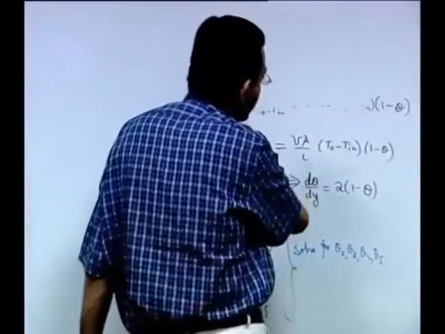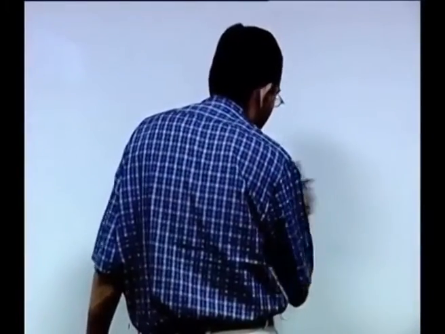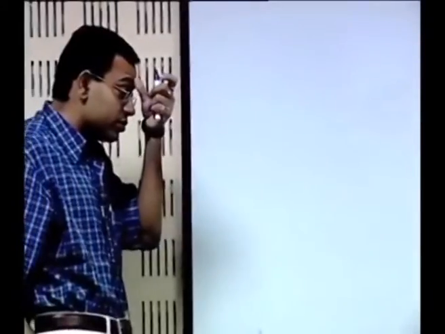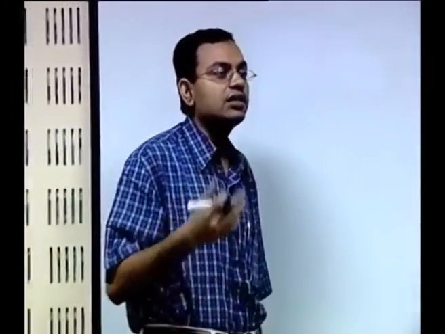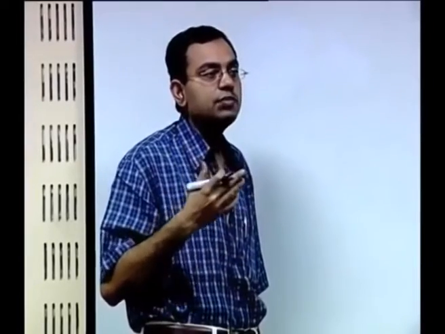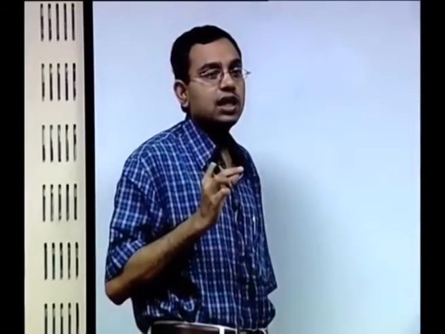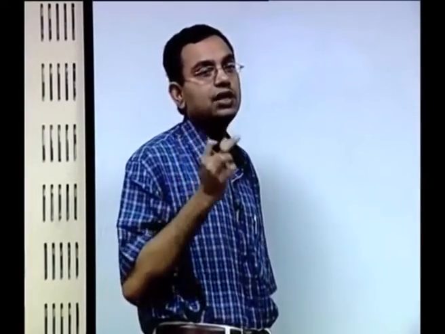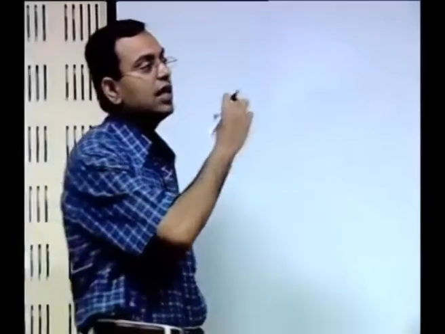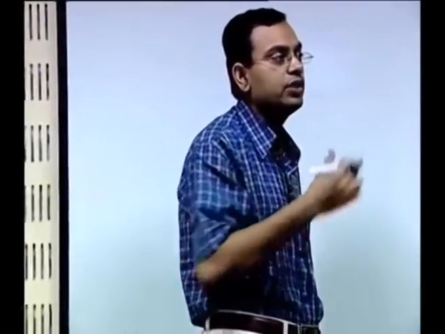Now, we have seen two schemes by this time for convection diffusion problems. One is the central difference scheme, another is the upwind scheme, and we have seen merits and demerits of both. So, now it may be of interest to see, for a simple one dimensional problem, what the analytical solution is and how these schemes compare with it. The reason is that the analytical solution can give us a clue of possibly a better profile assumption than the one we have used for the central differencing scheme and the upwind scheme.